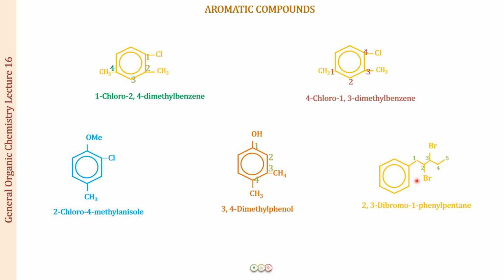Alright, so we have the numbering in this way, so that we have at position number 1 the phenyl ring, position number 2 and 3 the bromines. If you start numbering it this way, it will be starting from position number 3, 4 and 5. So the numbering is going to be correct this way only. I hope now you all know this. This is some very simple things that you can understand. So the name of the compound is going to be 2,3-dibromo-1-phenyl pentane.